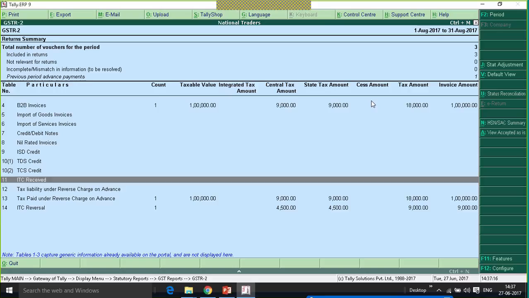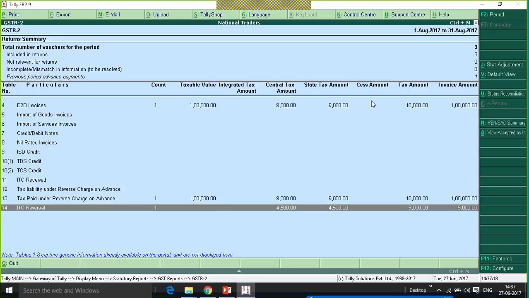Thus, this entry will be part of my ITC reversal. So these are all the transactions which will be part of my GSTR2. So now we are done with the transactions part.